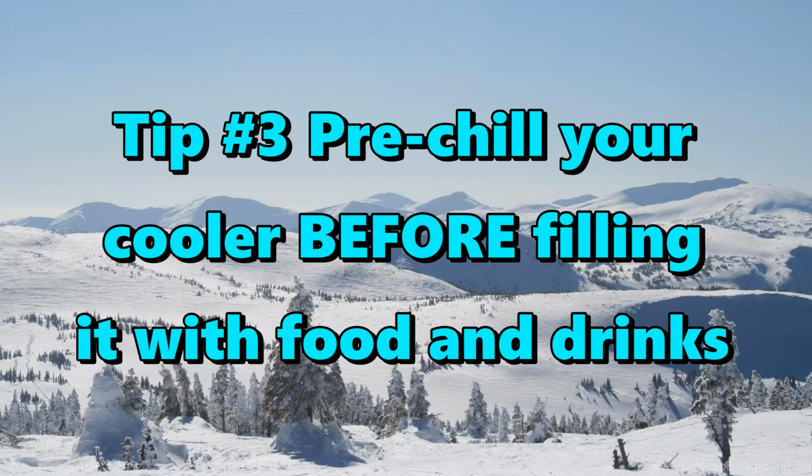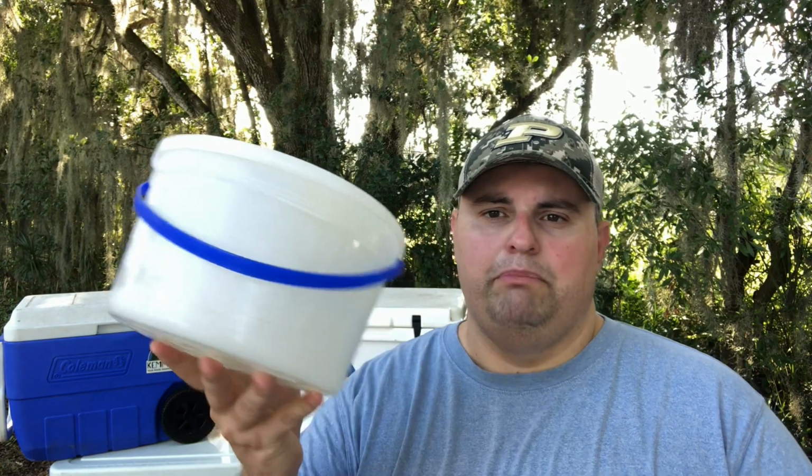Tip number three is to pre-chill your cooler before you put stuff in. So when your cooler is sitting in the garage or sitting in your house, it's warm, and so anything that you put in there has to cool the cooler down in order for it to stay cool, and that's going to melt your ice. So what I do, the night before, is I take a big block of ice,